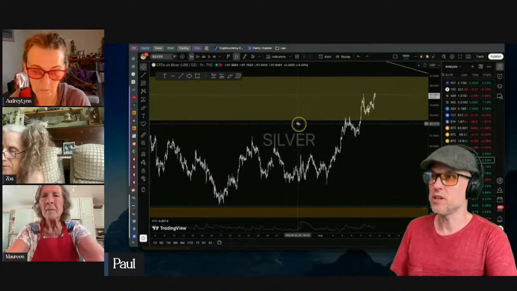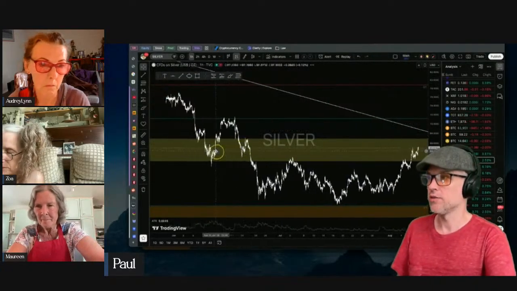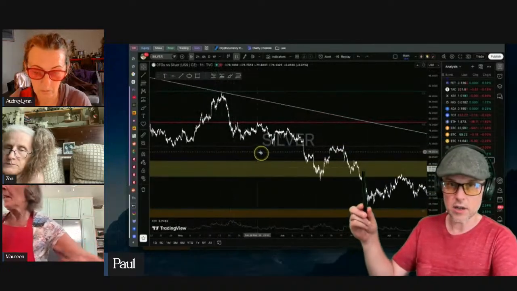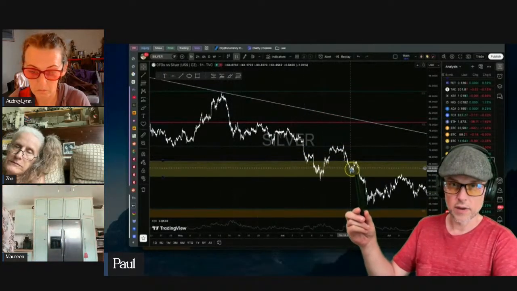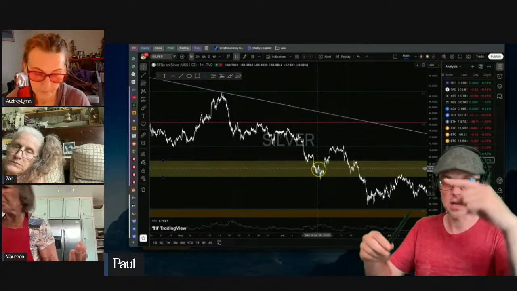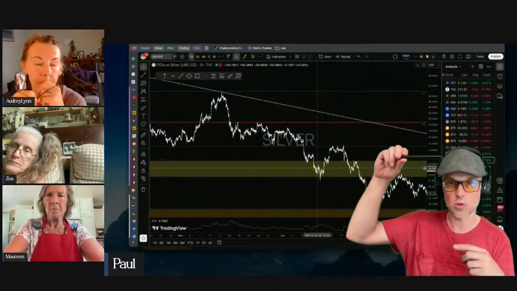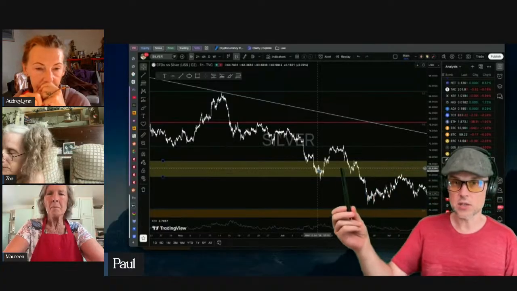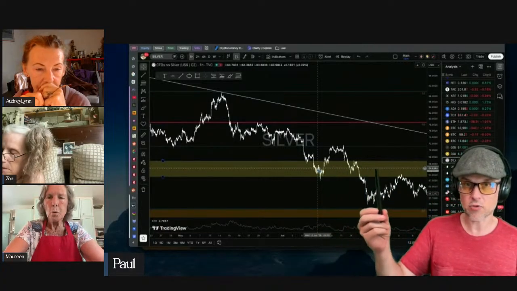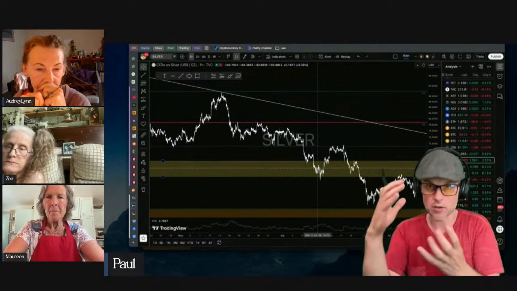Why would we be experiencing resistance? Well, in the past, we can see that this area provided resistance and support because it's a high pivot point area where the price action likes to reverse. This we know is going to be a favorite area for that battle between the bulls and the bears to tip.